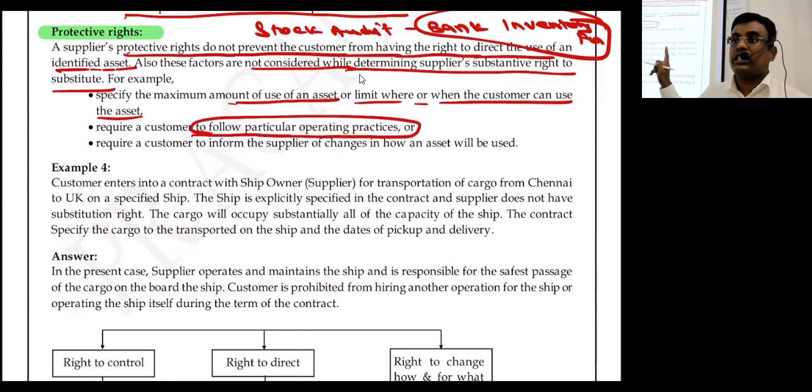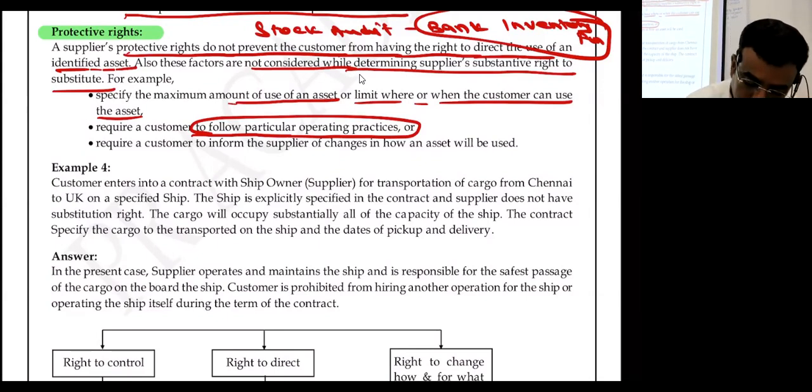Is it clear? That is called protective rights of the supplier. You can't say that the supplier is controlling. No. To safeguard the assets, he has instructed me to do something, and I am doing that. But I have rights. How to use the interactive panel? Should I use it for FR class or GFRS class or accounts class or SFM class? I have a control. Yes or no?